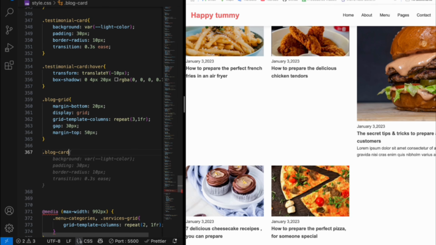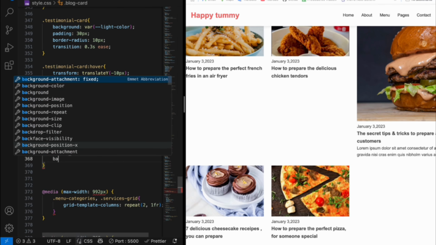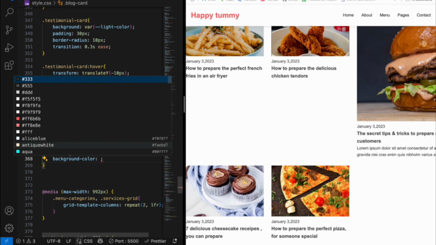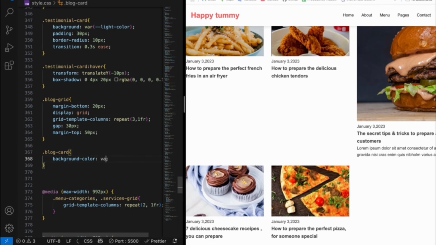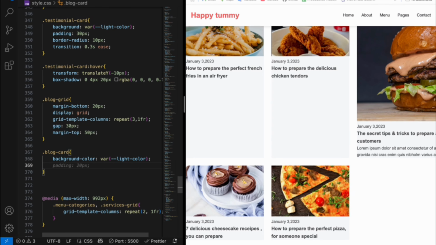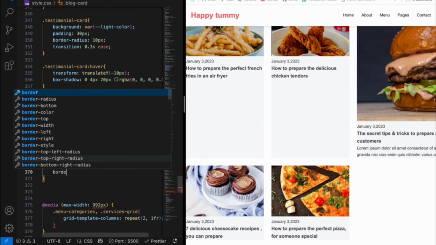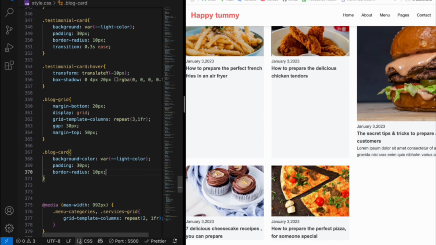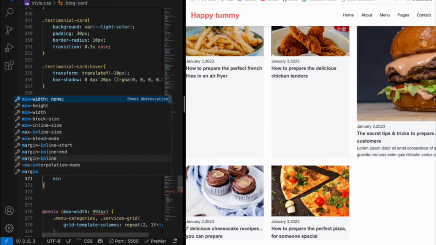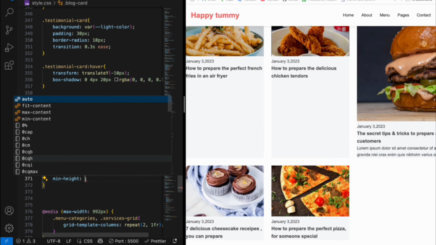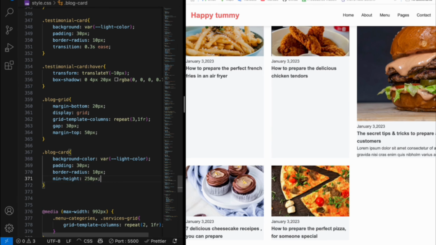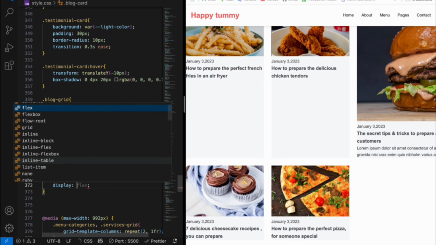So here we have the blog card. Add the background color, and it will be light. Then after the background color we will add padding, that is 30 pixels. Then border radius, that is 10 pixels. Then we will add minimum height, that is 250 pixels. Okay, and then after that go for display flex, flex direction column,